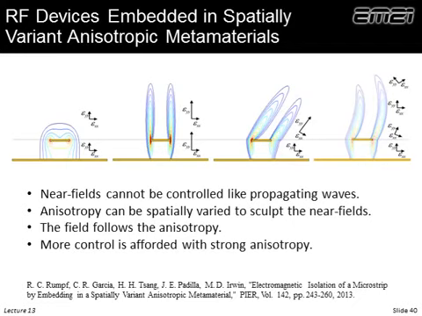If we bring two devices in close proximity, they interfere and they couple. And so that's normally a bad thing. So we found that if we embed an electric device in an anisotropic material, that the near field around that device can change its shape. And in fact, it tends to follow the direction that has the highest dielectric constant.